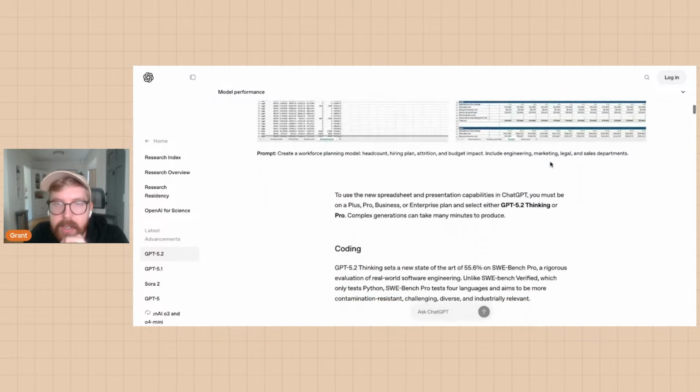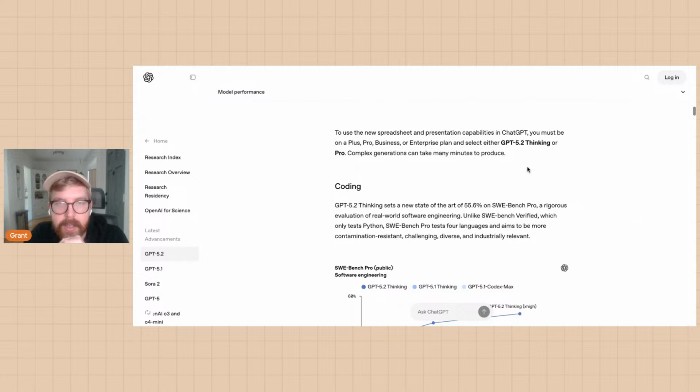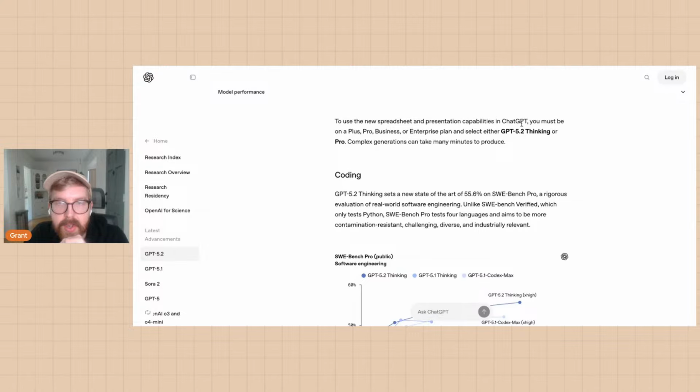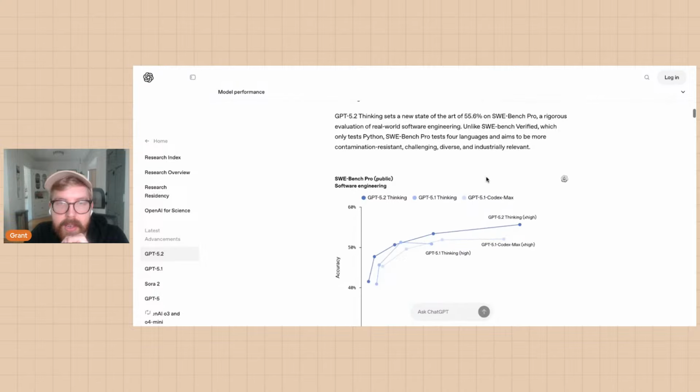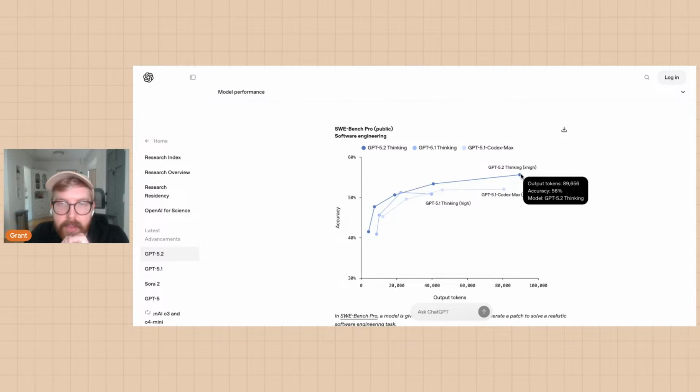Pretty good. By the way, you have to be Plus, Pro, Business, or Enterprise to use this. Okay, so here's where we're at with GPT 5.2 Thinking, extra high.